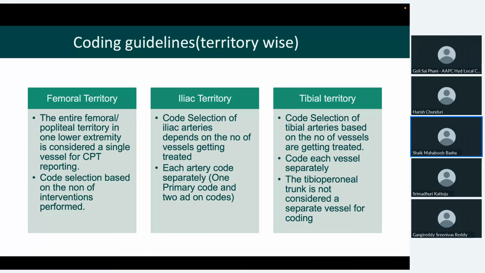Then I'll show the territory-wise guidelines here. We have differentiation, or bifurcation, territory wise. Coming to the femoral territory, as we mentioned, the entire femoral popliteal territory in one lower extremity is considered as a single vessel for CPT reporting. That is the reason we do not have